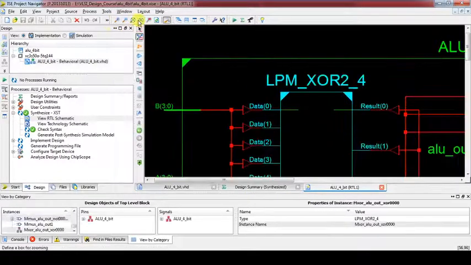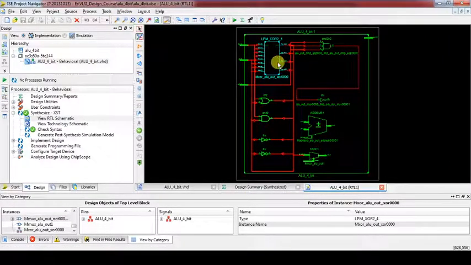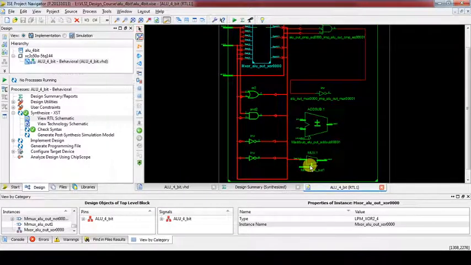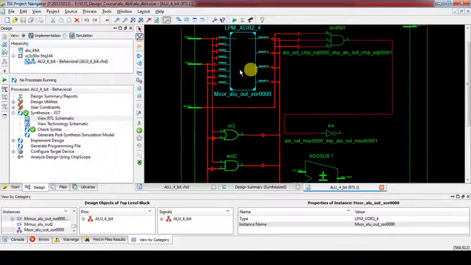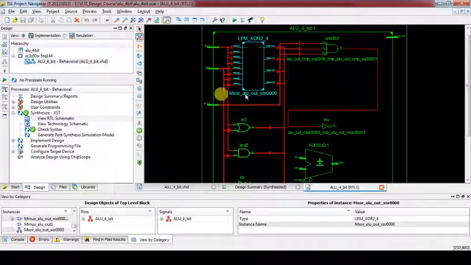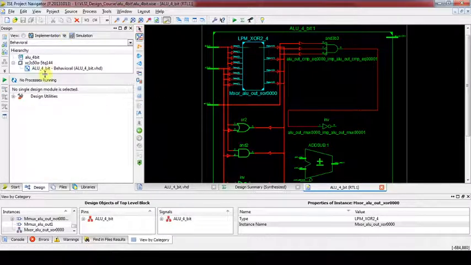ALU 4-bit. So it is implemented. If you see here, adder, subtractor, then multiplexer for selection, and it is implemented using XOR and other functionality, AND gate, everything is implemented, right? So let us see the simulation fastly, and then we will go for generating a bit file.